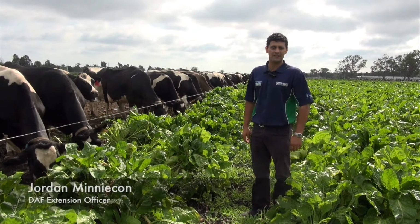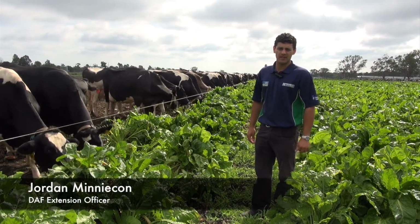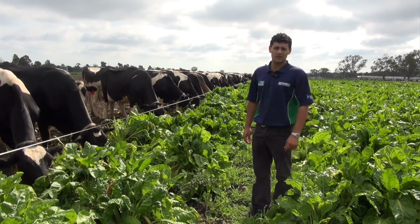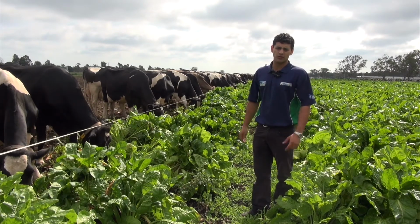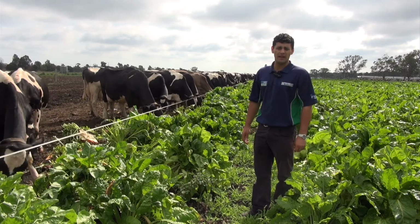Welcome to the UQ DAF Gatton Dairy Update, where today we're broadcasting from our Fodder Beet demonstration crop here this morning. As you can see, the cows are happily grazing the crop, which they have been doing for some 2 months now. We're quite pleased with the results and how the cows have transitioned onto the crop, and today we're going to walk you through some of the grazing management principles that need to be considered when starting cows